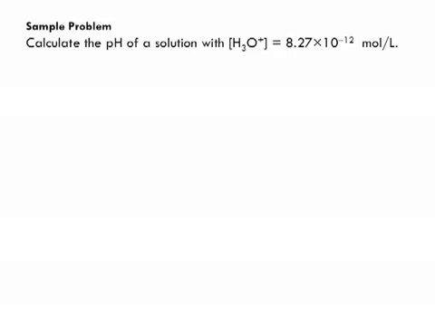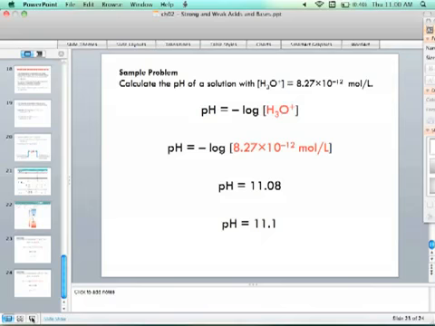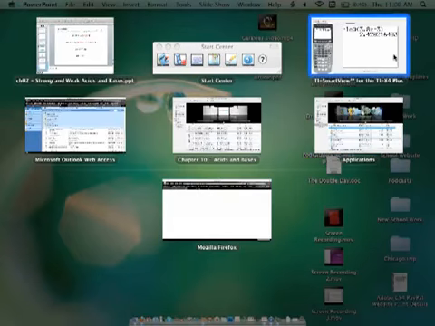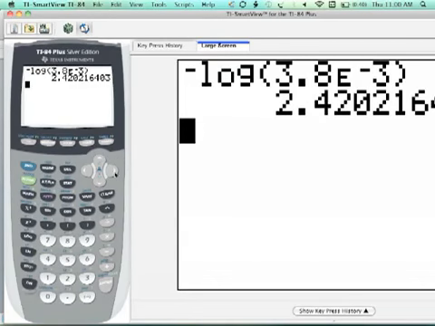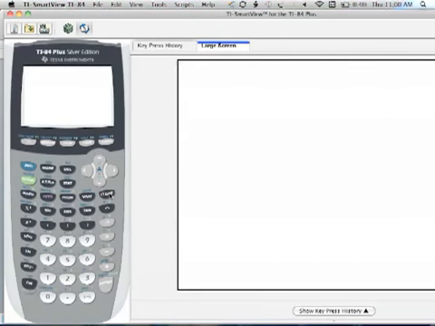Last sample problem. Calculate the pH of a solution with H3O positive equal to 8.27 times 10 to the power of negative 12 moles per liter. So, same thing. Let's get our calculator out. Let's clear the history here. And same thing, right? We are putting in negative log. It opens the brackets. We put in our concentration,